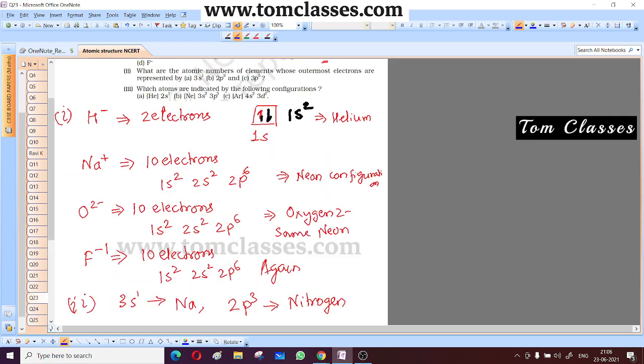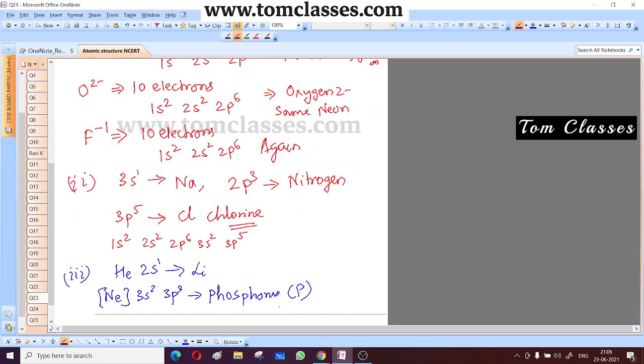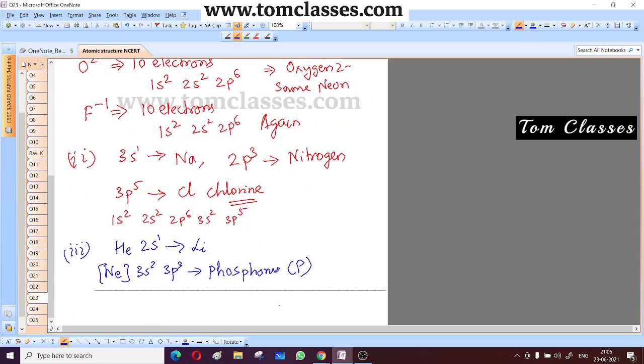Now next is argon 4s2 3d1, right? So argon, that is the transition metal. So 4s2 3d1, it is the first transition metal, right? So what is the first transition metal? I think that is scandium, right? Yes, this is scandium.